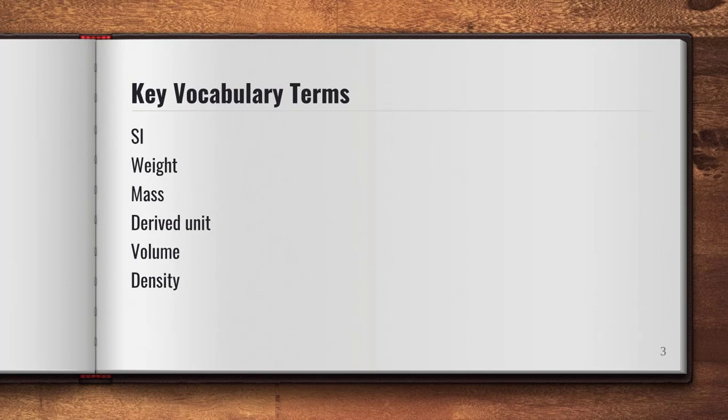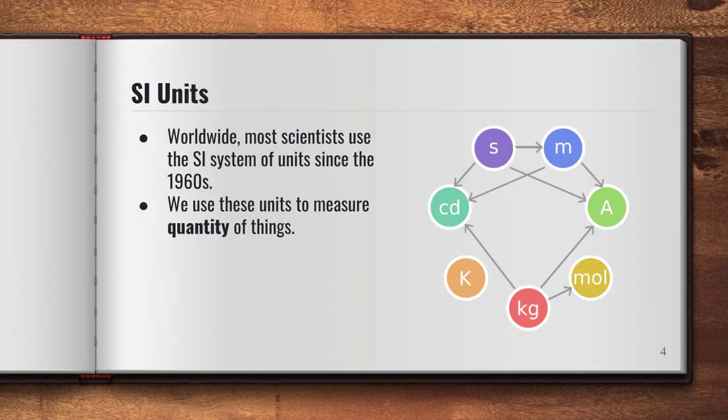So as you can see here, we have a variety of different vocabulary terms, including the mysterious abbreviation SI. Ooh, I wonder what that stands for. We also have weight, mass, derived unit, volume, and density. So let's go ahead and get started with